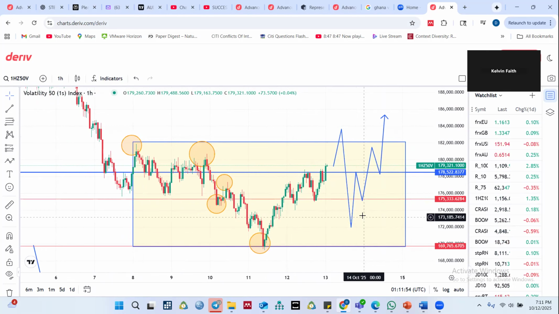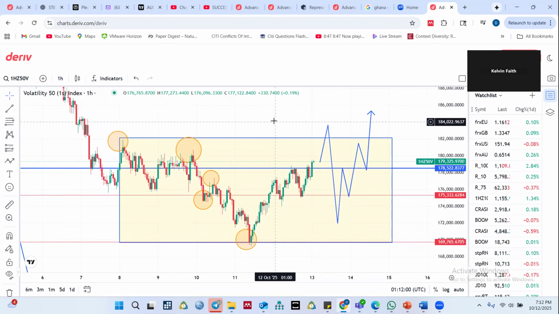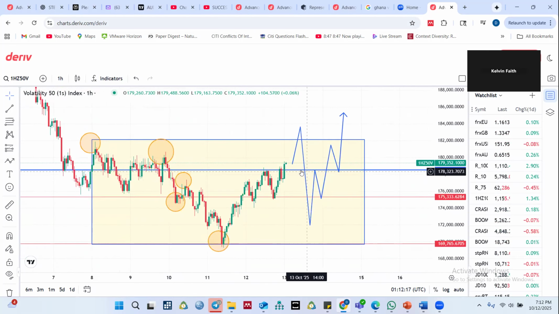Good. So this is what I'm anticipating, or what I'm seeing on the 51S. And so it is the price action or the structure that will tell us what is going to happen or what it wants to do. So for now, for now,